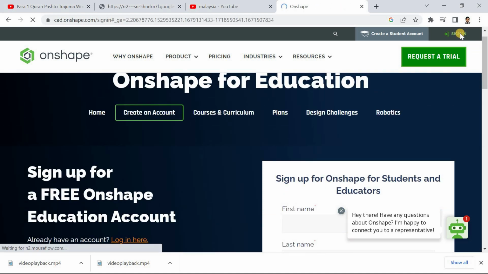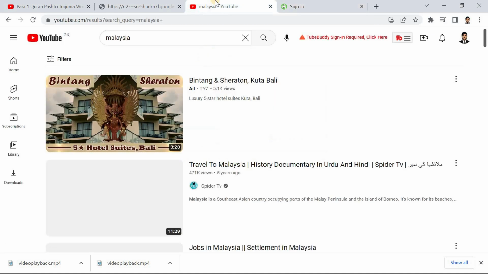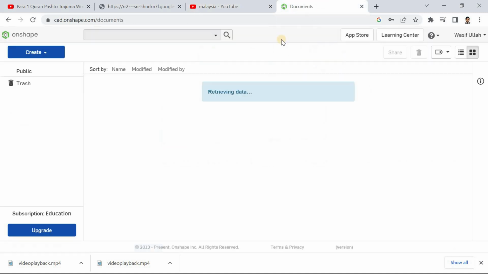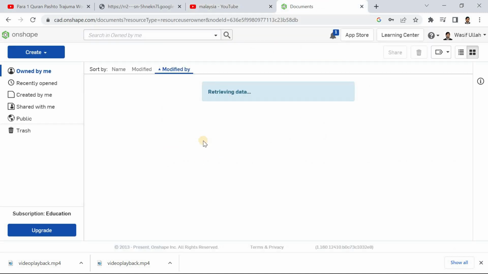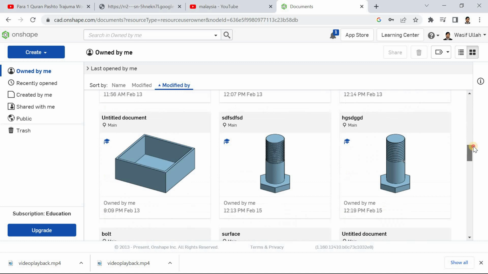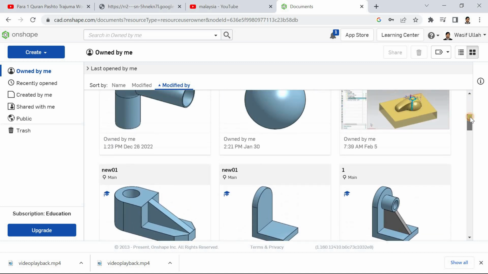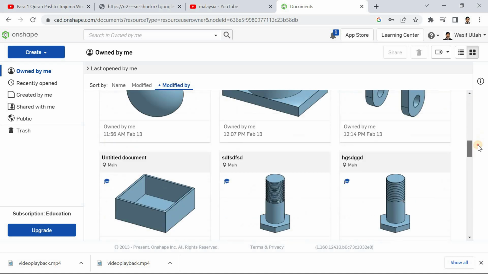Already I have an account. I will simply sign in, then put in the email address, and then it will bring me into my ONSHAPE interface. In the past, I have done some of the projects, some 3D CAD models,